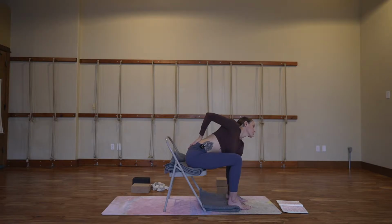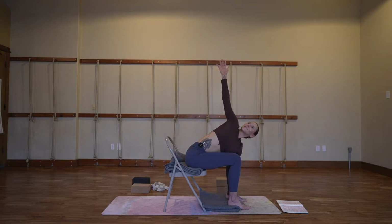And now use the push of your left knee into the back of your left shoulder to spin around yourself and turn your chest to the right. And then maybe take your right arm up to the sky. Keep compressing your left elbow into your left shin. Keep squeezing your left knee into the back of your left shoulder, and keep back bending, lengthening forward and around,